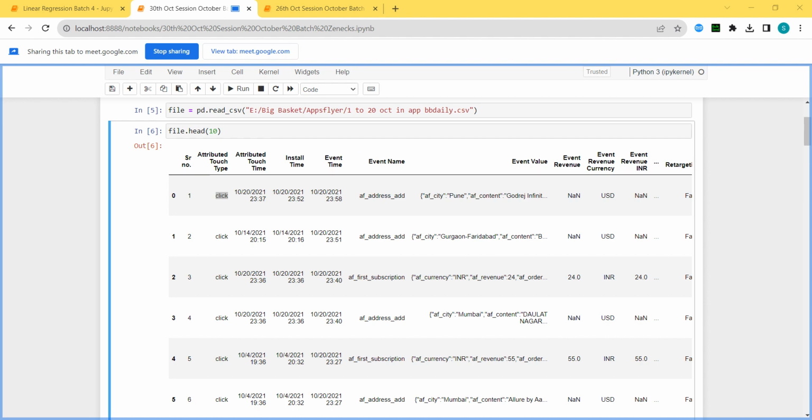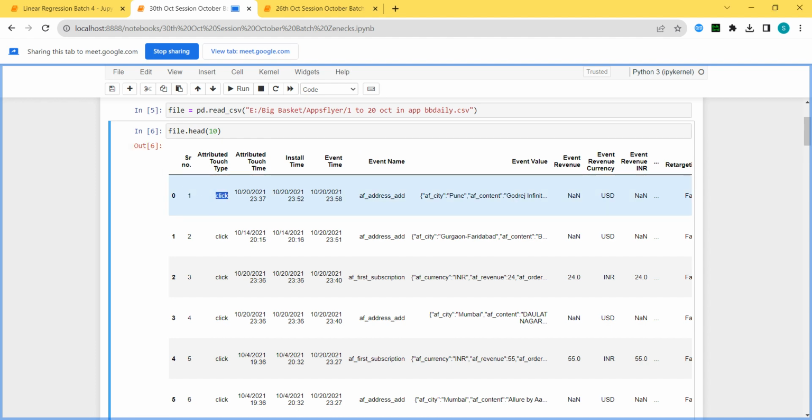It simply means that Karishma has already seen my advertisement and she remembered, okay, I already have my application installed for the Big Basket company. I will go to that application and see what the offers are. So she just saw the advertisement, she didn't click because she already has the application. She went to her application and saw there is a 50% off going on. So she immediately added the address, purchased the subscription, and she was happy. So there are two types of customers. I hope you got it.